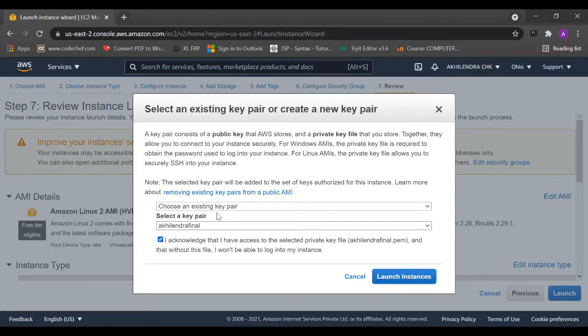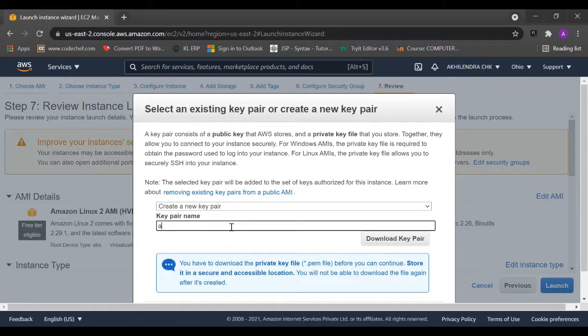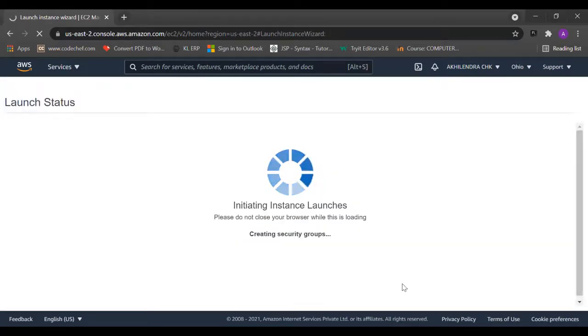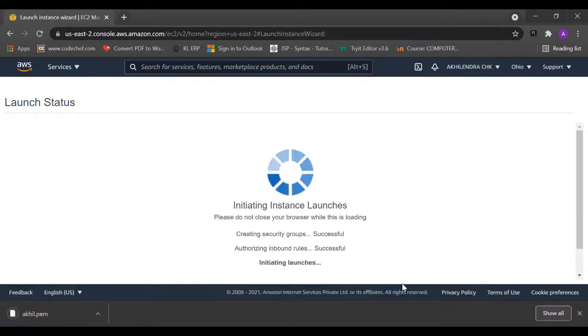Or if you want, create a new key pair and give it a name, for example Akhil, and download the key pair for logging into your account. Simply click on Download Key Pair, and then click on Launch Instances, and it will create your instance for creating your static web page.